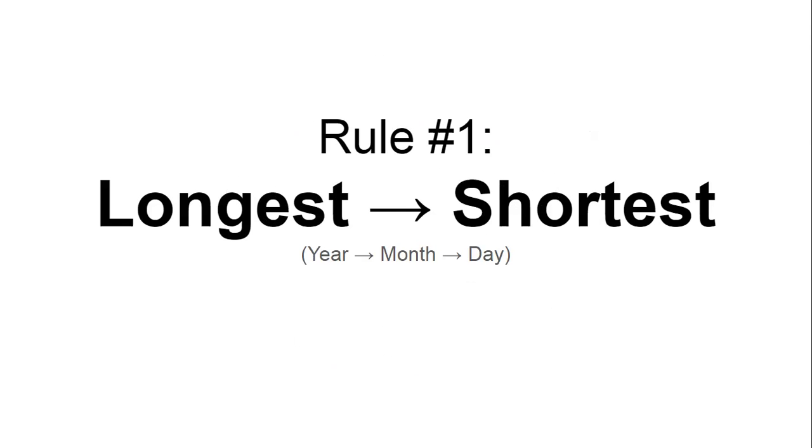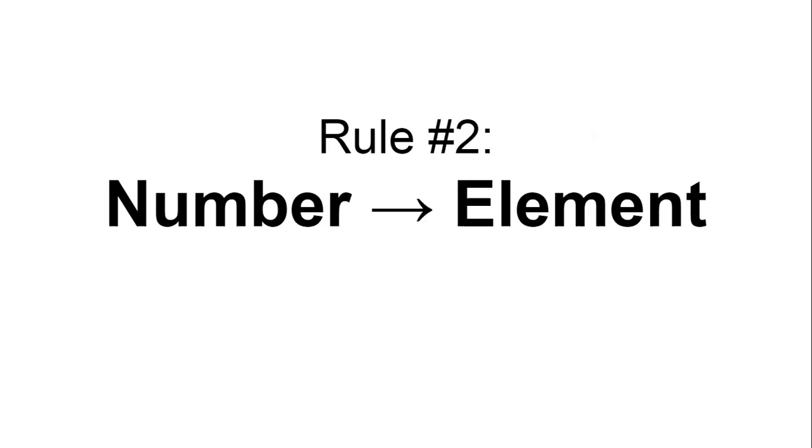Rule number 1 tells us to rearrange the time elements from longest to shortest. So our example now becomes 2020 December 1. Then next is rule number 2, which says number first before the time element. So 2020 becomes 2020 year. Next, December now becomes 12 month or